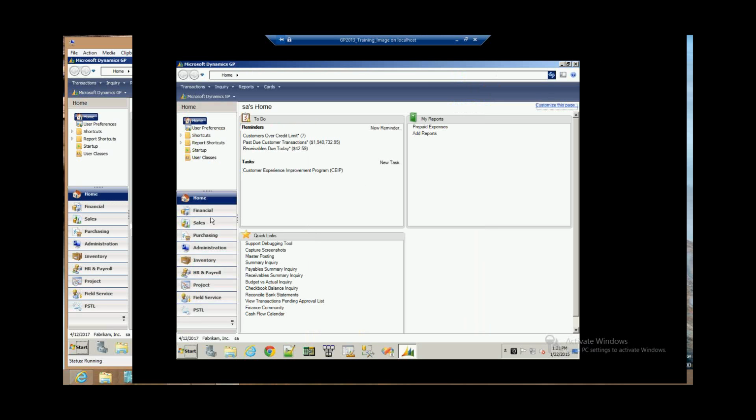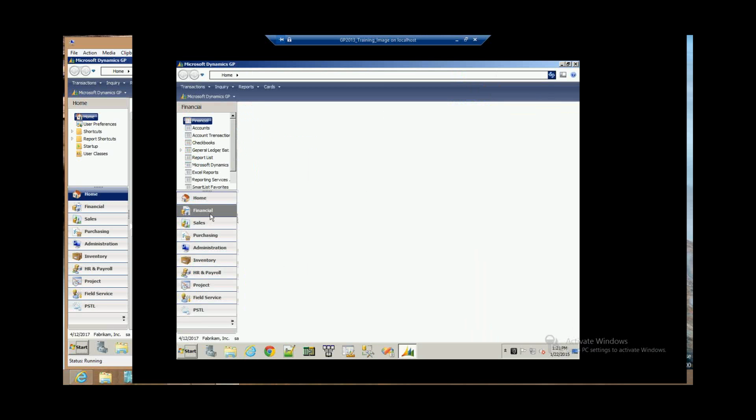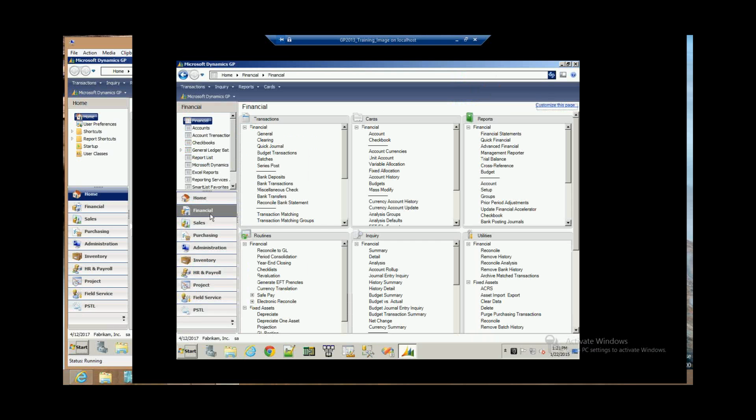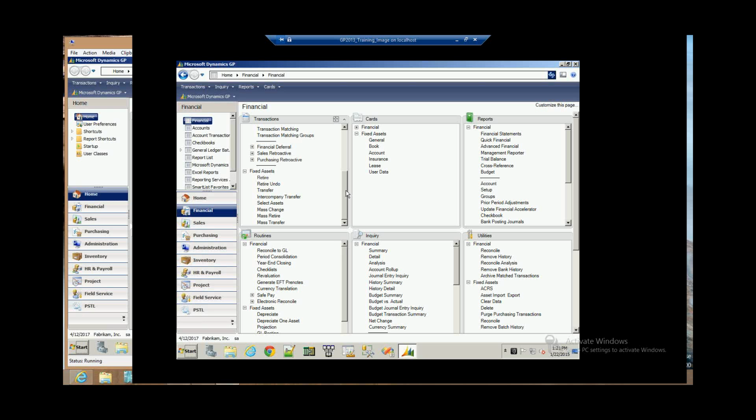Okay, so in GP, fixed assets runs off of the financials batches. And as I mentioned before, you'll see all of this financial information, but if you collapse all of that, fixed assets is just below. And it's the same in the transactions window and in the routines window as well. You'll see fixed assets directly underneath all of the financial information. So we'll start again with our general card,